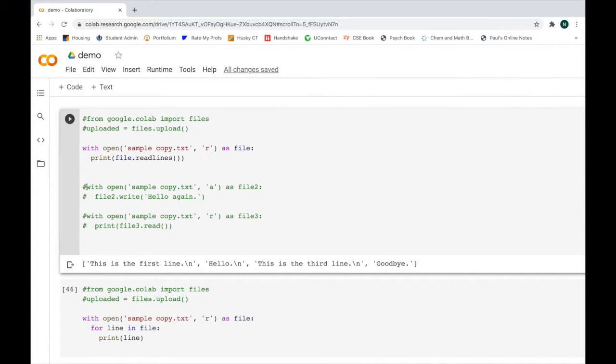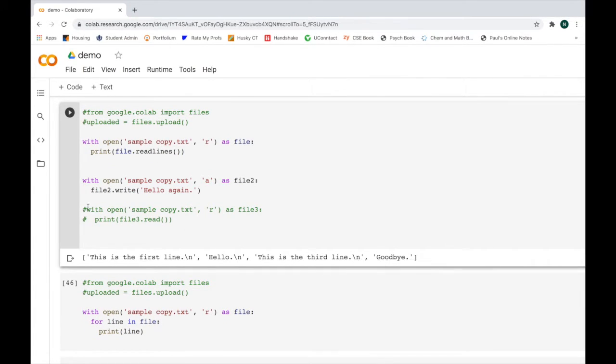So now if we look down here, now I'm going to try to append. So I'm going to append, but that's essentially the same thing as writing. I just want to add it to this file instead of creating a new file. So I'll remove the comments. So in this case, I have the A argument, and I created a file2 variable, and I'm trying to add hello again. So I have the write function like we talked about. We can run this. And so it didn't print anything yet because it's just added it to the file,